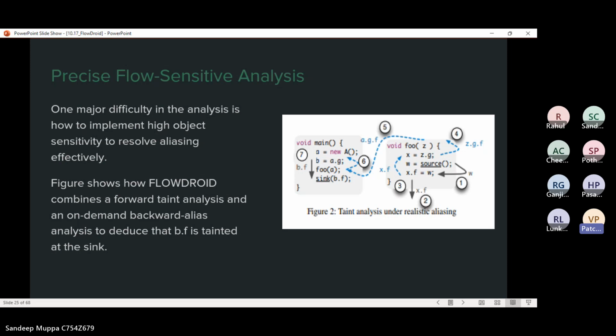In step 3, which is most important, whenever a heap object gets tainted, the backward analysis is set up to look for aliases of the respective object. As the process goes on, in the last step, number 7, b.f is found and propagated forward as a normal taint.